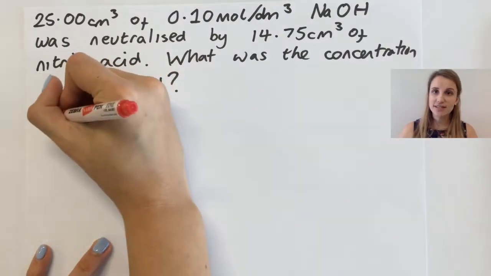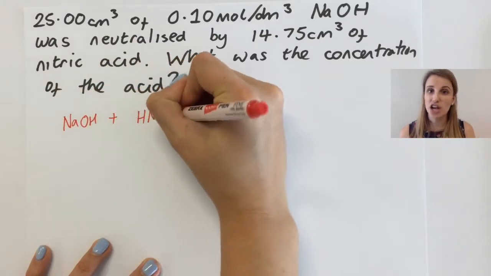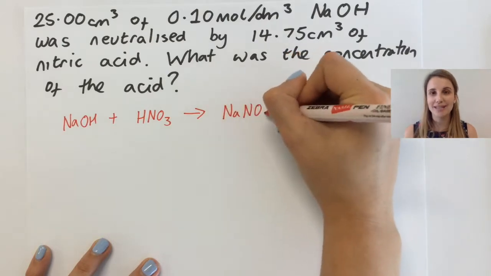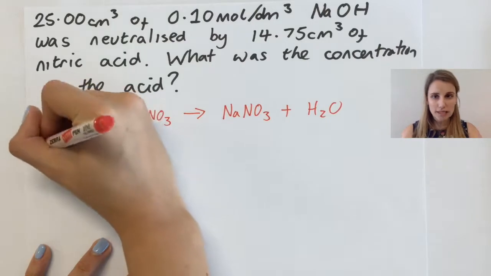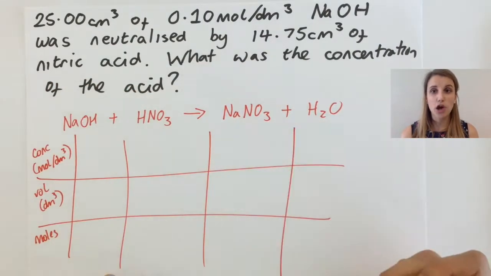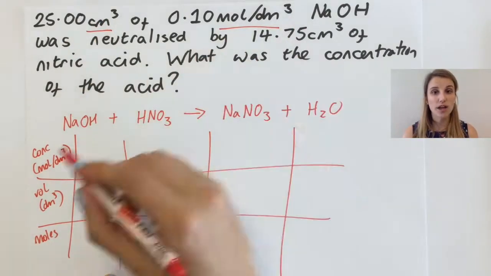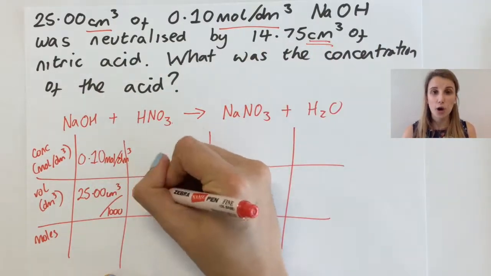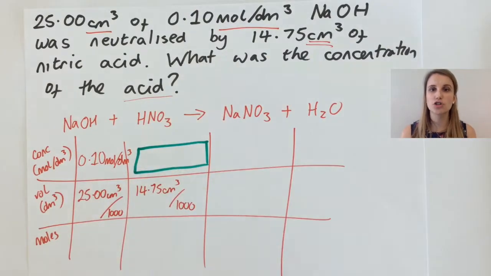So I'm hoping the first thing that you did is write the equation. So NaOH plus HNO3, which is nitric acid, gives you NaNO3 and H2O. It's nice and balanced just the way it is. Drawing the grid and putting all the numbers in, it looks a little bit like this at the end. Hopefully you picked out the units and you picked out why you divide it by 1,000 to get from centimetres cubed to decimeters cubed, and overall your table should look a little bit like this, aiming for the concentration